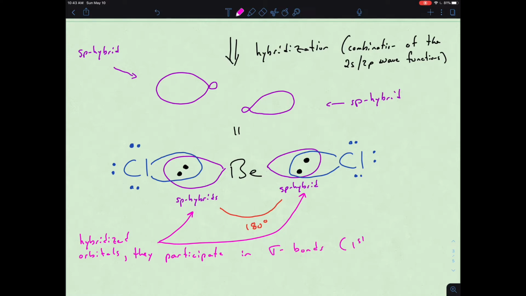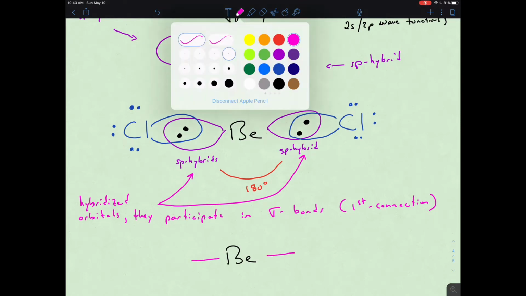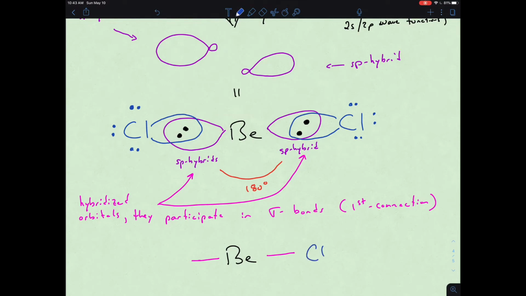Remember, that's our first connection. So that allows us to have then our beryllium in the middle. We have our two sigma bond connections to then the chlorine